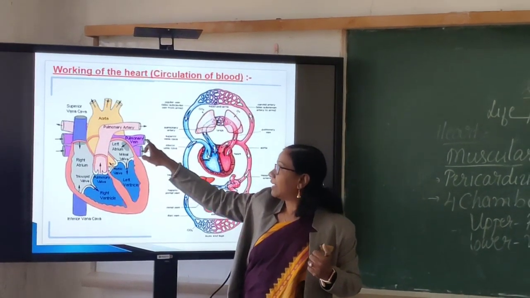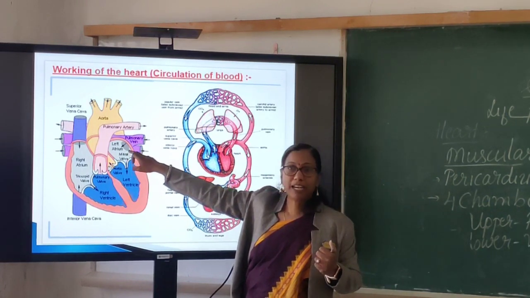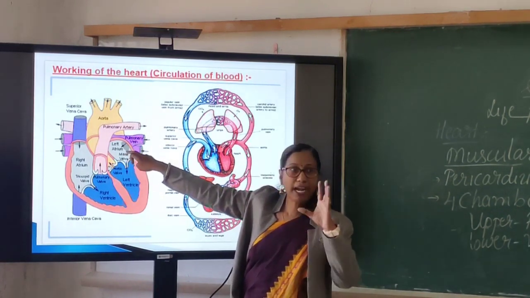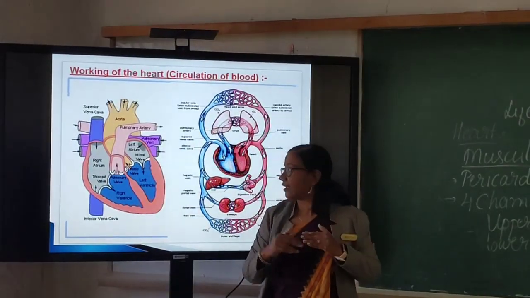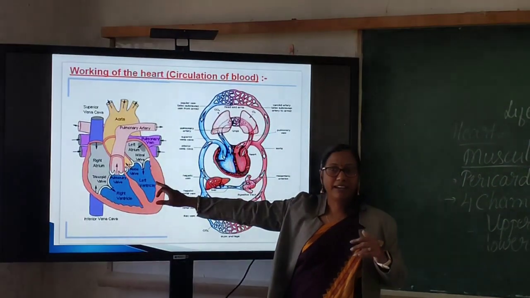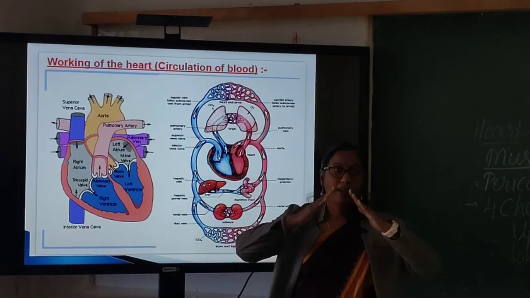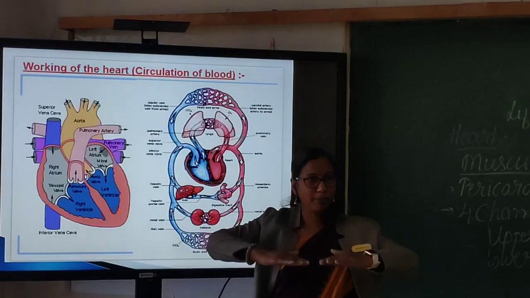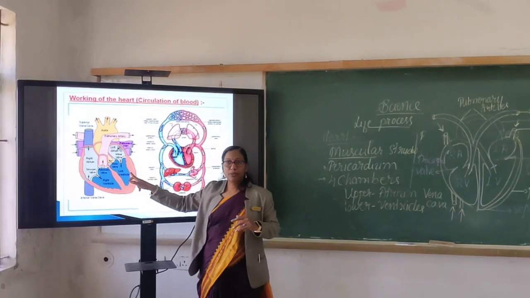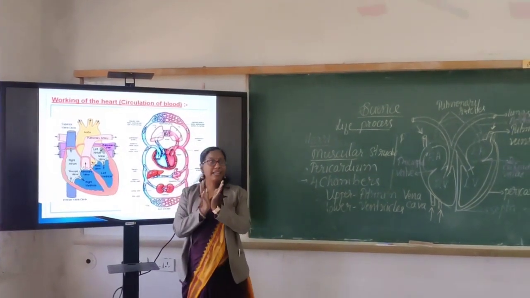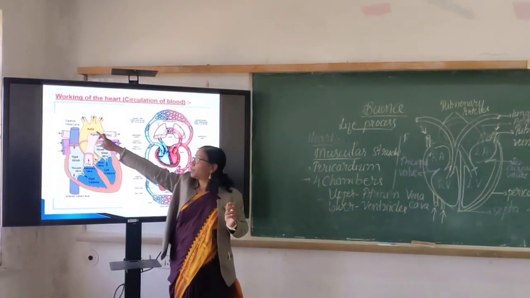So where will it come through? It will come through the pulmonary veins. The pulmonary veins open at the left atrium. In between the left atrium and the left ventricle, there is a bicuspid valve. When the auricles contract, the blood is pushed down into the ventricle. Then the ventricles contract. Where does the blood move? The blood moves through a big